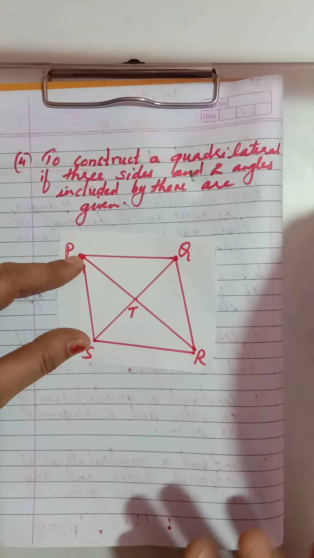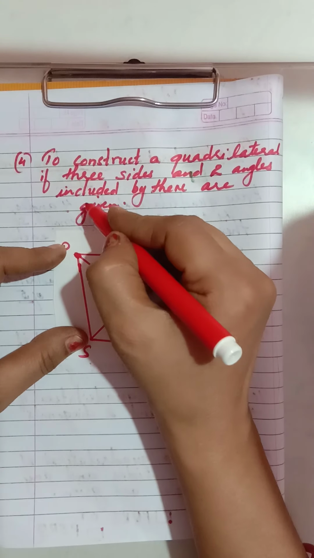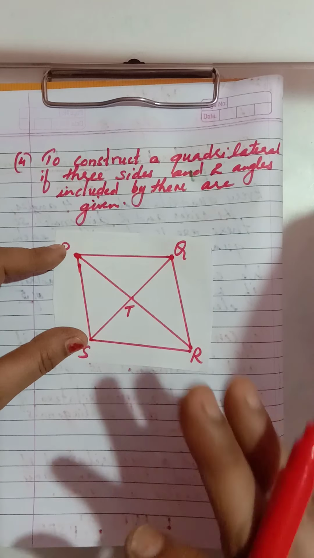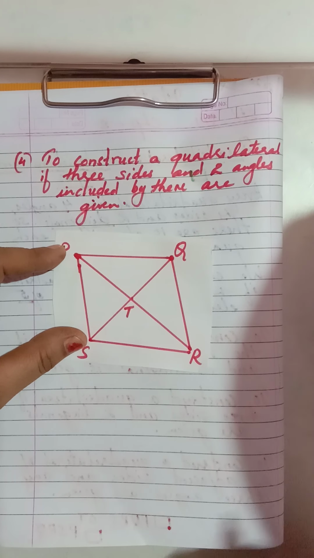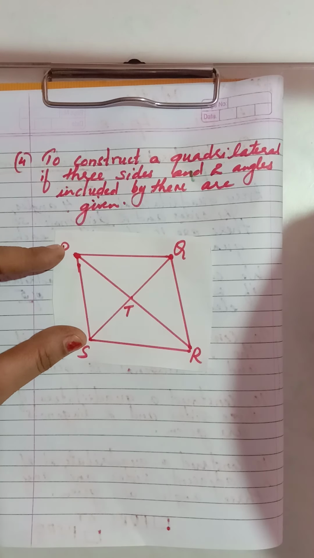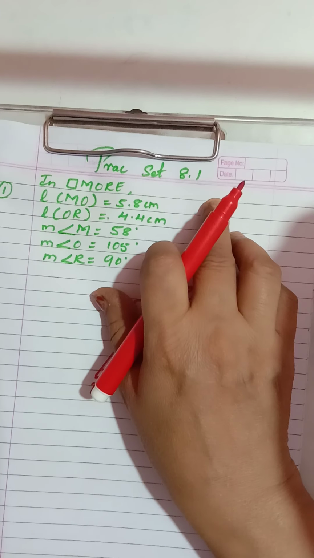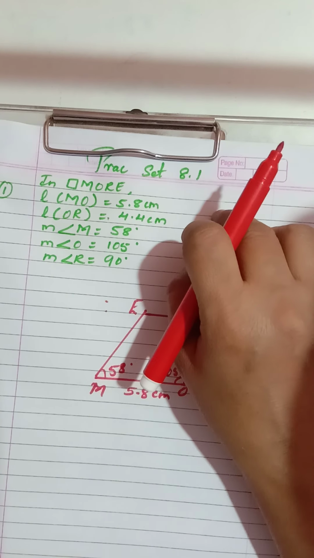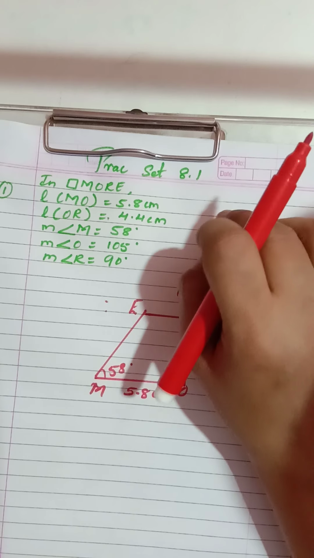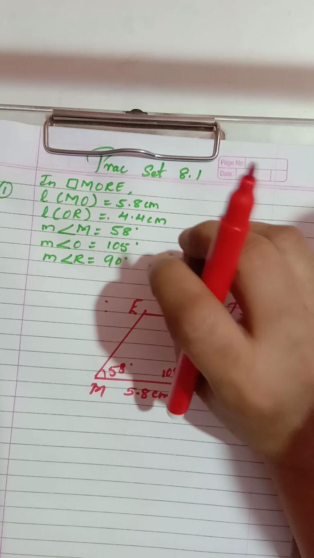So I hope this much is very clear to you. Now before that, again learn this one time. Just read it, or you can see the video once again, so that things become very clear to you before we move to practice set 8.1. Now see children, practice set 8.1. What is given? Construct the following quadrilaterals of given measures. That means we have to construct the quadrilaterals with the given measures.